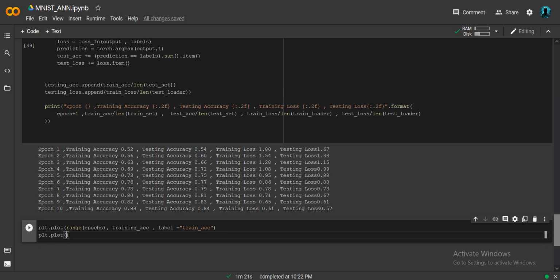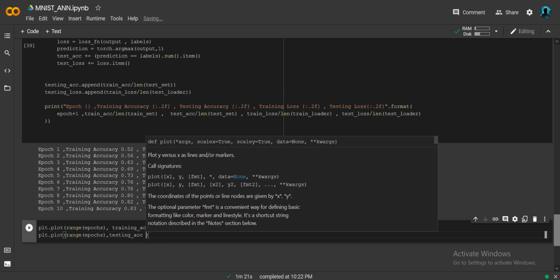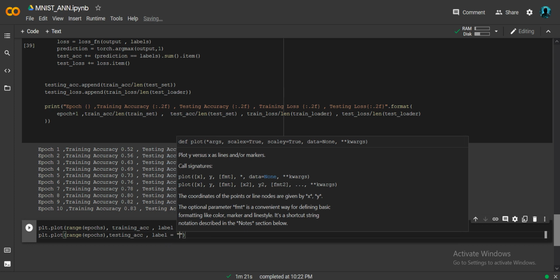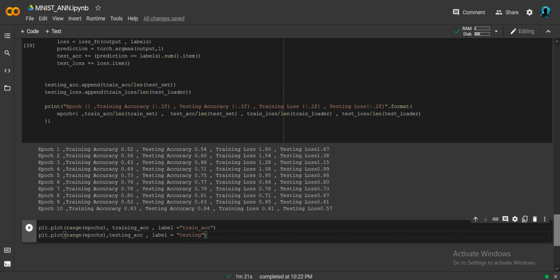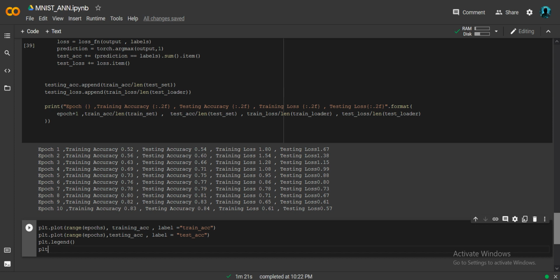Similarly, you can compare with the testing accuracy. You write the same here, testing accuracy, and give the label equal to test accuracy. Then you can use plt.legend, and after that plt.xlabel, where you give the label for the axis.